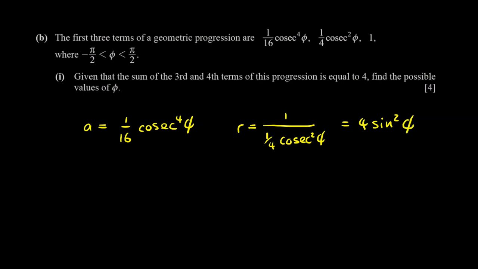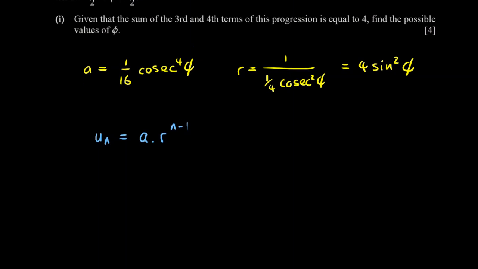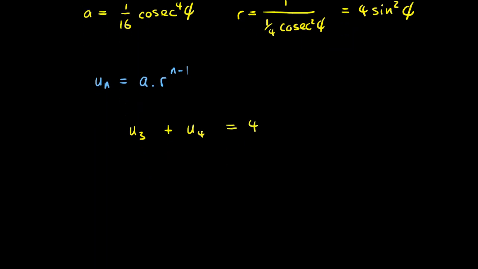Now, we've got the sum of the third and the fourth term, so let's just recap what is the nth term of a geometric progression. The nth term of a geometric progression is a times by r to the power of n minus 1. So here what we've got is the third term, u3, plus the fourth term, u4, must be equal to 4. And what will the third term be? That will be ar to the power of 2. And the fourth term will be, beg your pardon, ar to the power of 3,